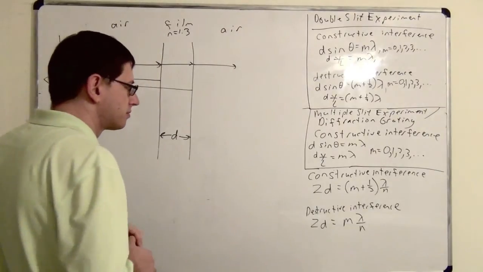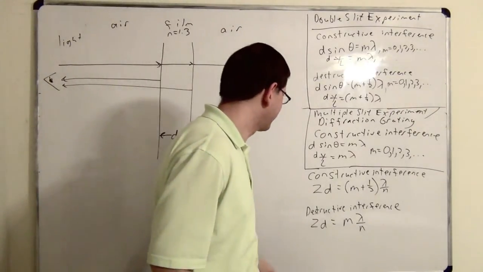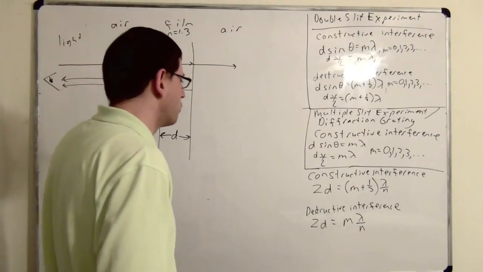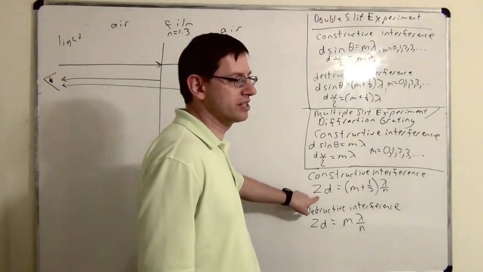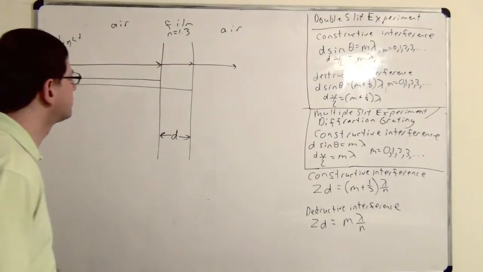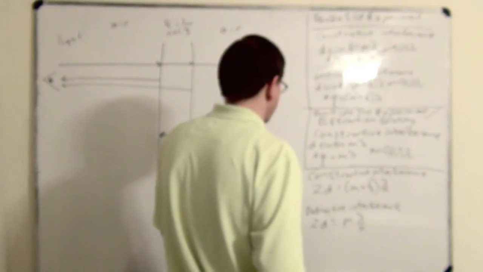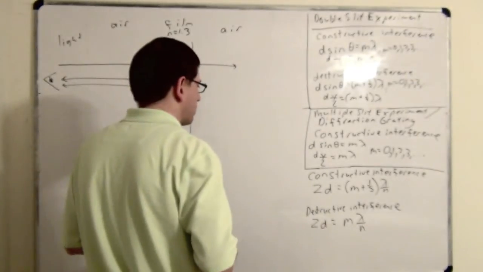Oh, is that a 2? Oh yes. Yeah. Okay, I thought it was a Z. I was like, what? I wasn't sure. Okay. So we can see why it might make sense to put in a 2 because that gives us the path length difference. Okay, so we haven't quite explained why these equations actually work, but these are the correct equations.